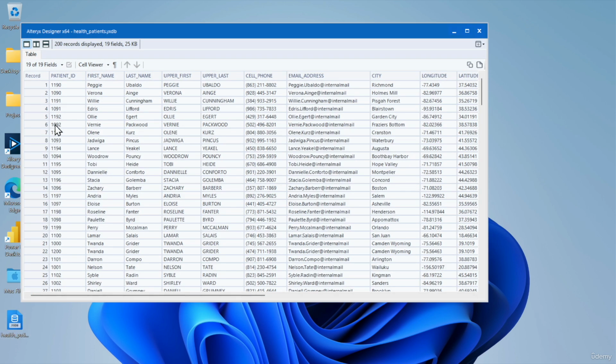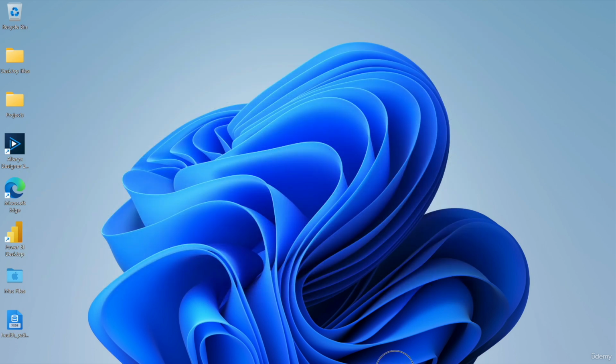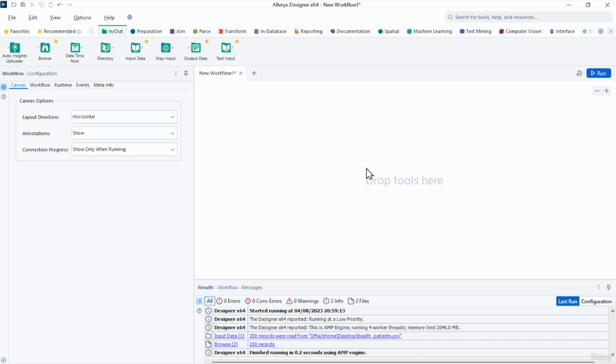Because this is a YXDB file, it opens the data into Ultrix. So this is what it looks like. And this is just the health patients data that you should be familiar with now. Let me close this. To read this data into your workflow, you can simply use the input data tool,